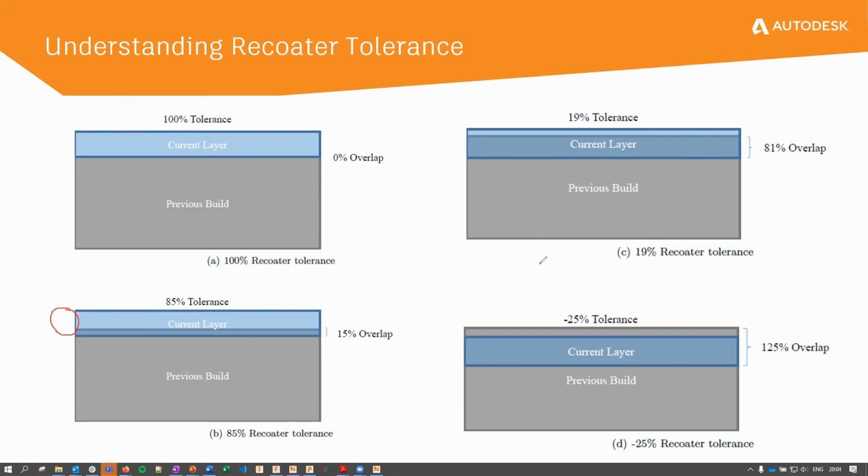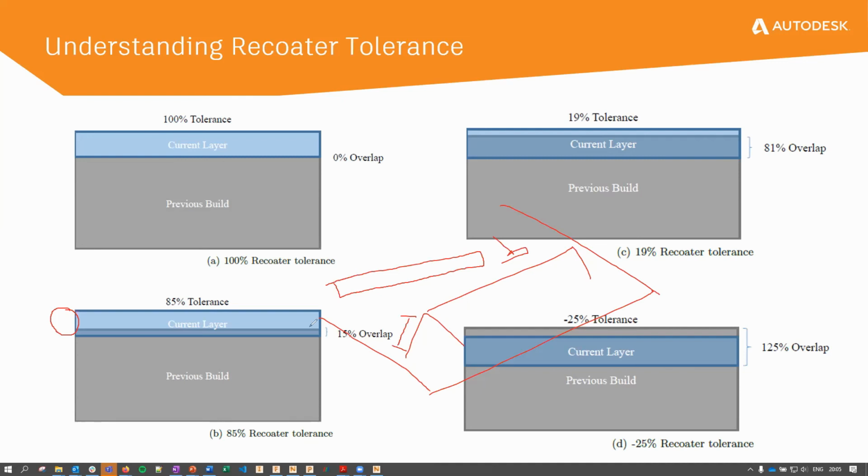Now, what can happen, and which is where the problem starts, is scenario C or D, where your previously built layer goes over what it's supposed to be occupying so much, or it overlaps so much with the new layer that needs to be built, that there's an 81% overlap, for example. Now, if this were to happen, this is a problem, because if I were to draw things out, let's assume this is the recoater. It needs to move in this space. And as this recoater is moving, now there's a large bump over here. This large bump is what this 81%